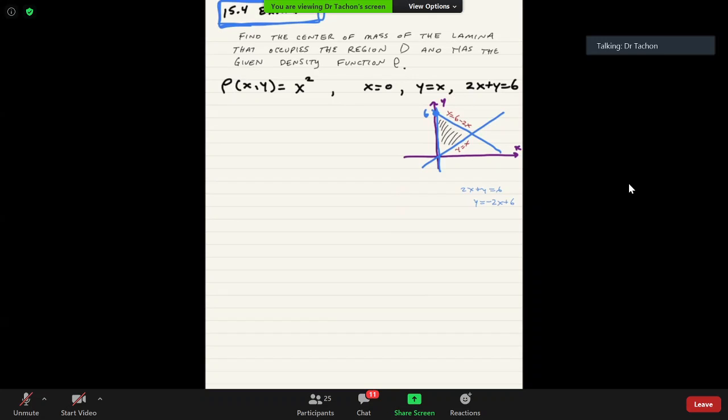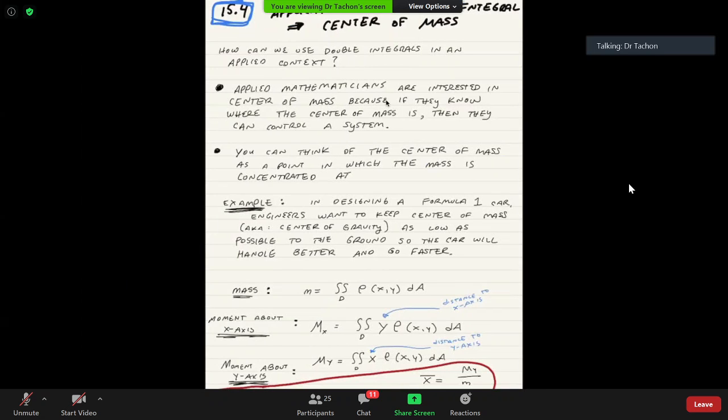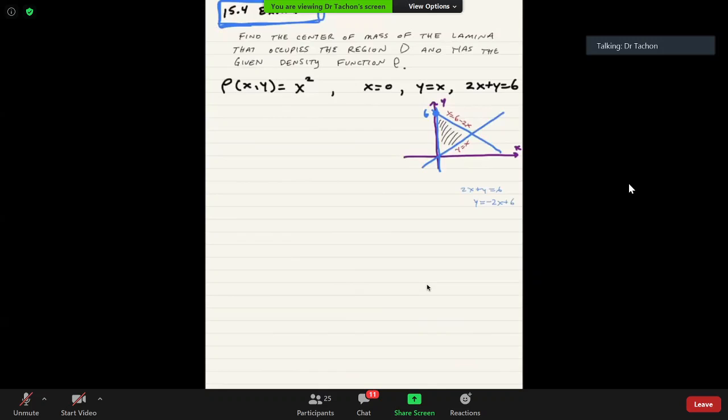So we have to find all these pieces, right? We have to find the mass. We have to find m sub x, m sub y. We got to find the mass and the moments. Okay. So let's start with the mass. All right. So let's find the mass first. Okay. So let me use this color. So the mass